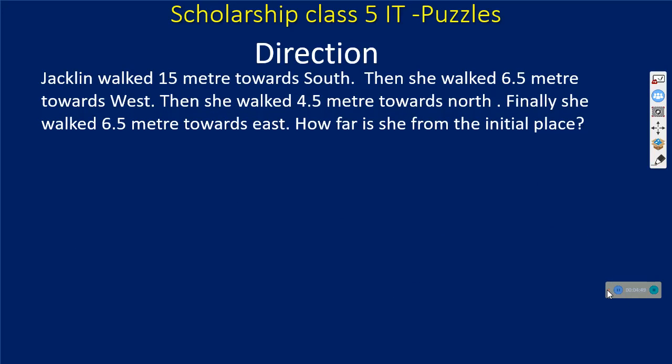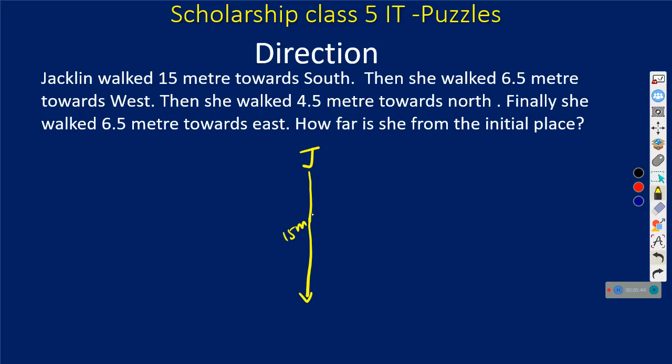Here comes the next question. Jacqueline walked 15 meters towards south. So let me think about where Jacqueline will be standing first. This is Jacqueline. Towards south she is, that means Jacqueline is here in north. Let her walk 15 meters towards south. She walked 15 meters. Then what happened? Then she walked